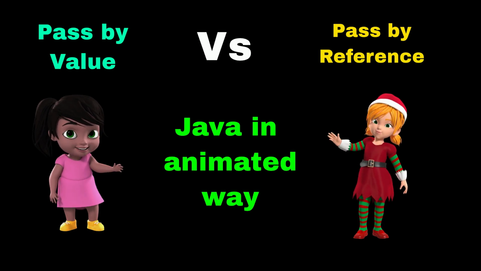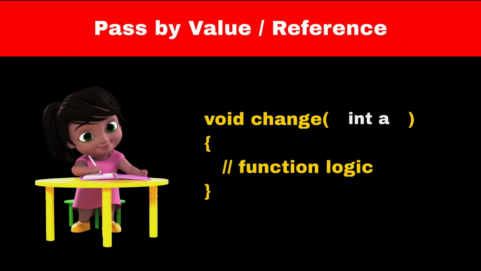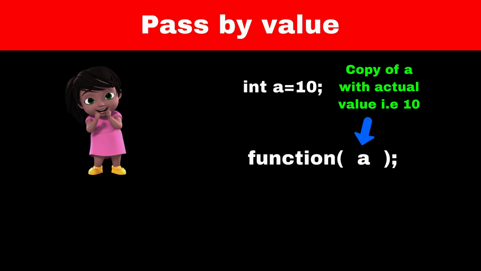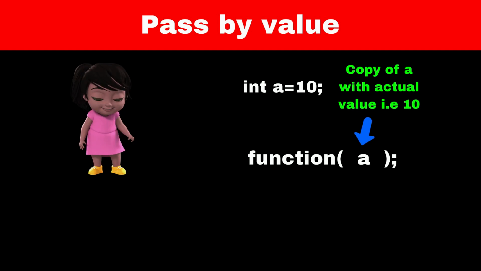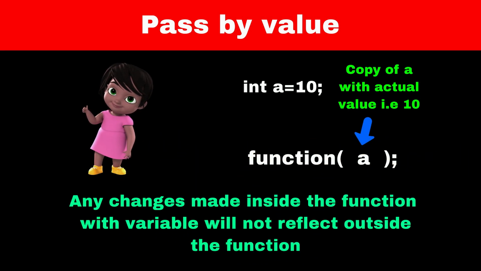Do you know if Java uses pass by value or pass by reference? Both of these terms are related to passing a variable to a function. Pass by value means that when we pass a parameter to the function, our program creates a copy of that variable with the same value and then passes that value to the function. Since we are passing a copy of a variable, any changes made inside the function with that variable will not reflect